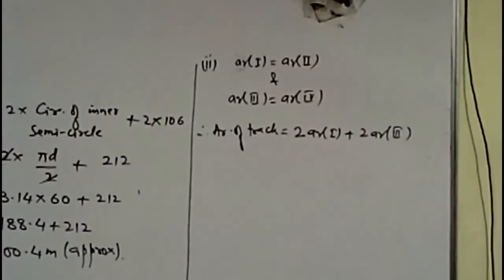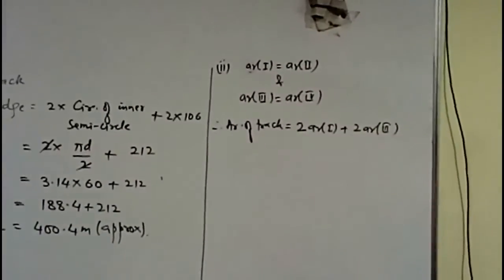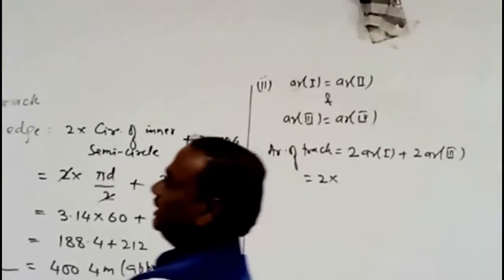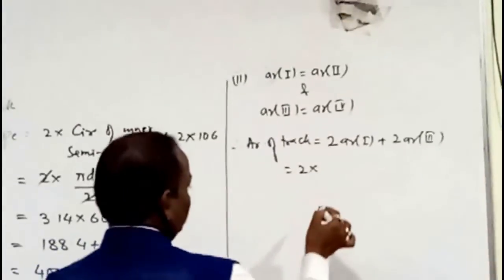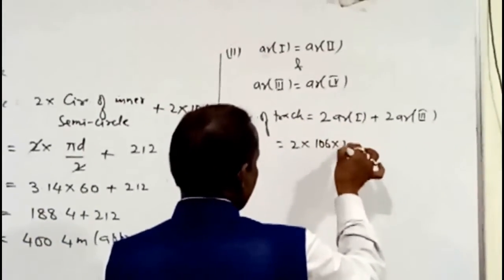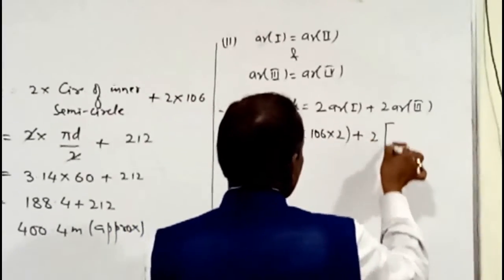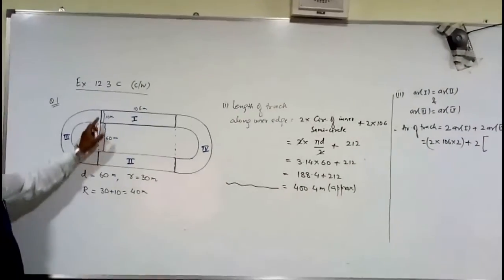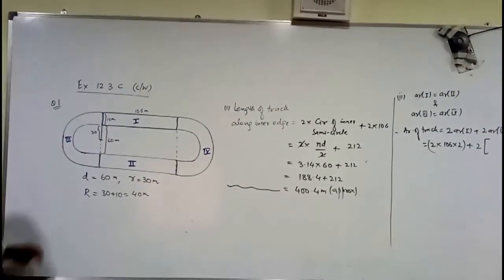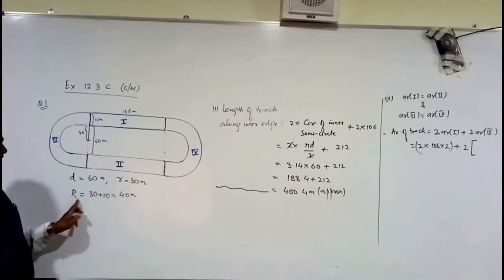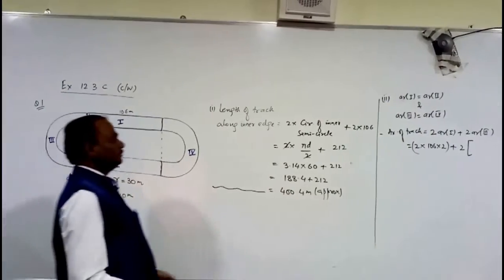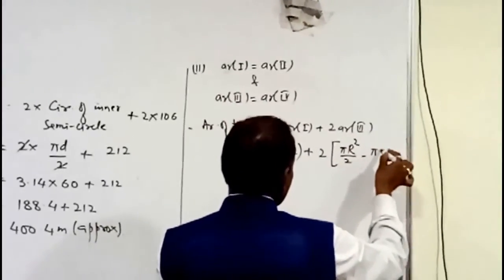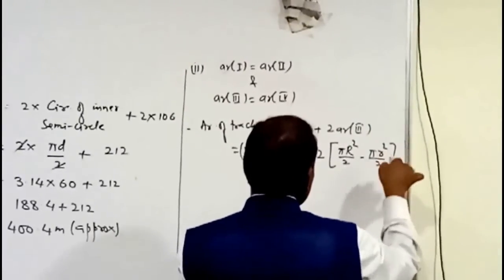इस तरह से हम अगर अप्लाई करें फॉर्मूला तो हमारा काम हो जाएगा। अब 2 into area of 1, area of 1 को आप देखें तो 1 एक रेक्टेंगल है जिसका लेंथ 106 है और ब्रेथ 10 है, तो ये हो जाएगा 2 into 106 into 10, और ये हो जाएगा 2 into area of 3। एरिया ऑफ 3 को आप अगर देखें तो ये है आउटर सेमी सर्कल का एरिया माइनस इनर सेमी सर्कल का एरिया। आउटर सेमी सर्कल के लिए रेडियस लेंगे कैपिटल आर, इनर के लिए लेंगे स्मॉल आर, दोनों की वैल्यू अपने को पता है, तो ये हो जाएगा फॉर्मूला पाई कैपिटल आर स्क्वायर बाय 2 माइनस स्मॉल आर स्क्वायर बाय 2।